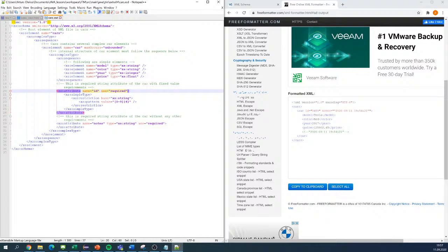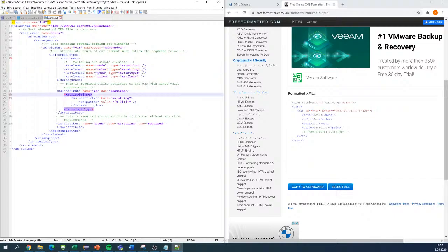And again, there's the simple type, the value restrictions here, and the nodes. I think there's another slide about this, but basically this is the XSD document, which defines